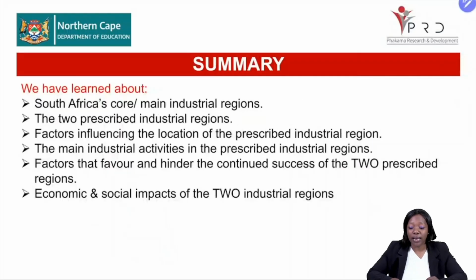So we're moving right along to summarize what we have learned so far. We have looked into South Africa's core as our main industrial region. We have looked into the 2 prescribed industrial regions that will be in question this year, the factors influencing the location of these prescribed industrial regions, as well as the main activities found in them. We have looked into the factors that favor as well as the factors that hinder the success of the 2 prescribed regions. And then lastly, we have looked into the economic as well as the social impact of the 2